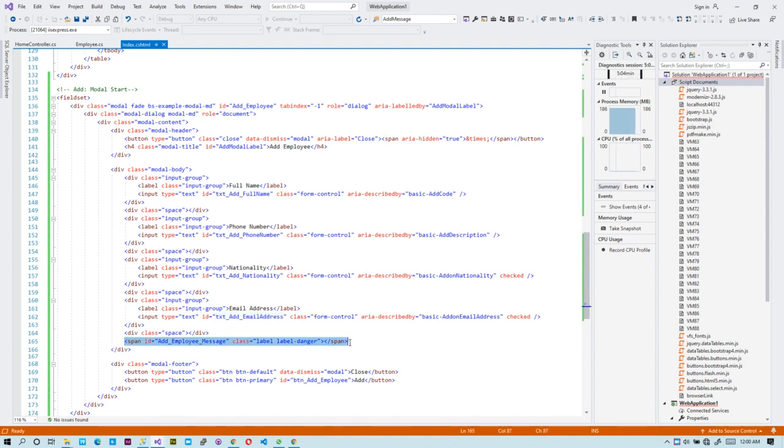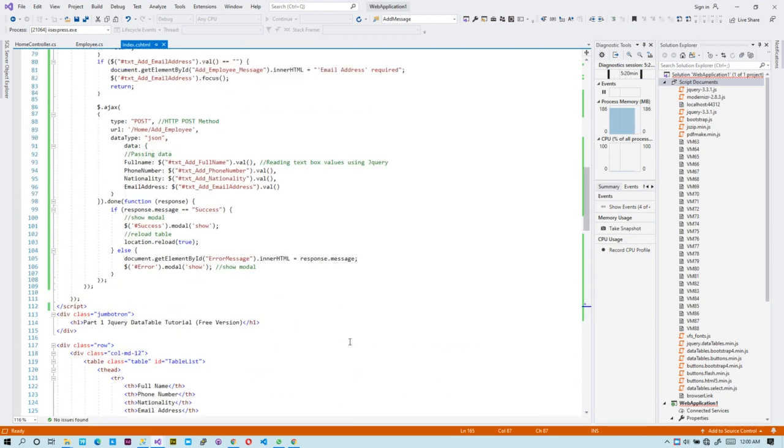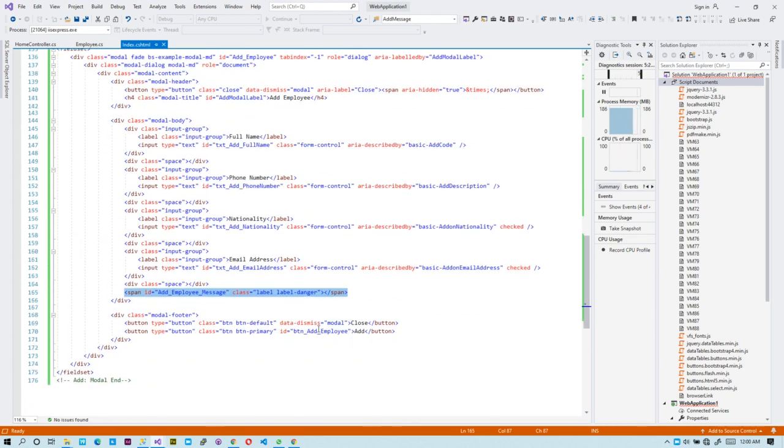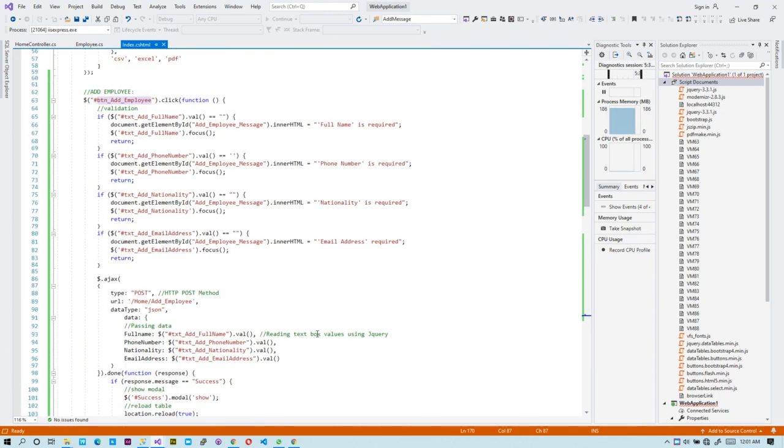is the span that outputs any validation error or prompt. And then this is the ID for the add button, btn add employee. Now we use that add button, btn add employee, to create an OnClick function here, where again we